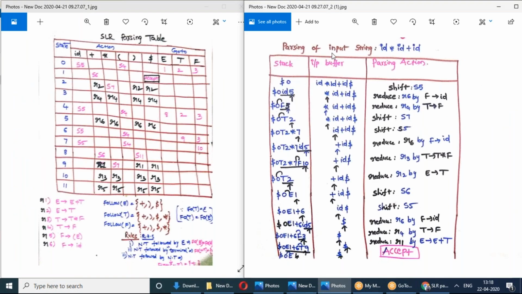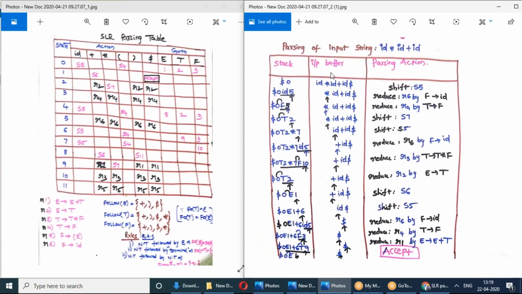Now see here, parsing of the input string id star id plus id. This is the input string we need to parse. We already know that the SLR parser has an input buffer, stack and parsing table.